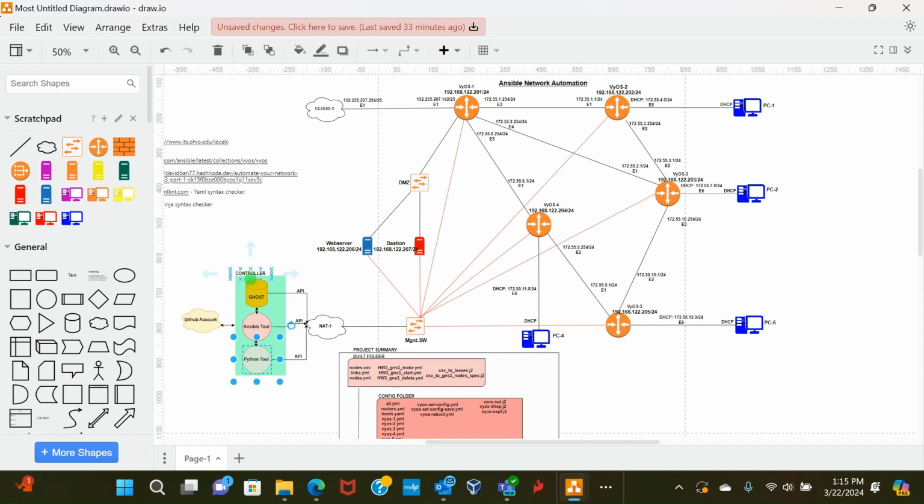Generally within the industry, vendors have their own controllers or their own software-defined networking solutions. For example, Cisco ACI and all that is over there, SD-Access, they have a couple. The data center solutions also have their own, as well as SD-WAN and all that. But in the lab environment, we are going to use this as the controller to automate the configuration of these nodes. What we're going to do is very simple. We have a GitHub account where we keep our files, so we can be in our controller and then download files from this GitHub account.